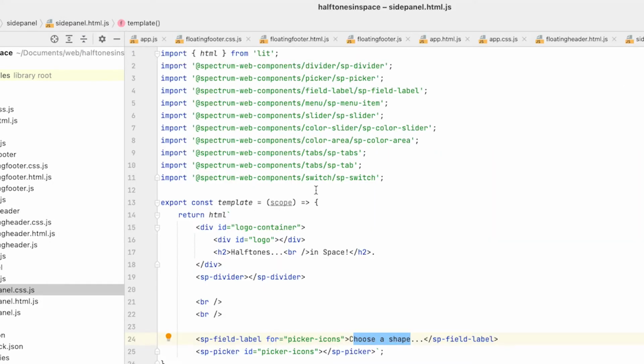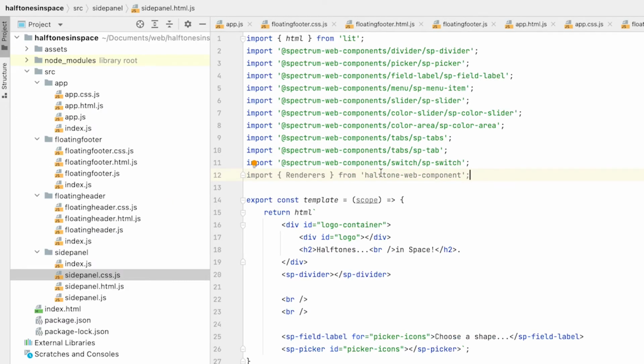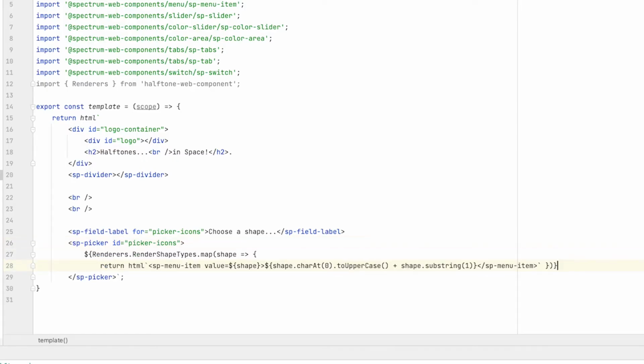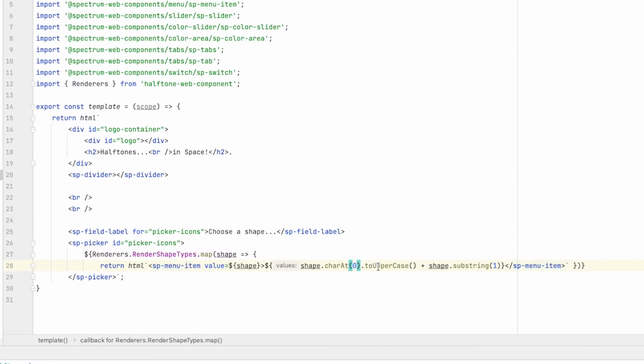And how I'm going to fill this up, I'm going to import one more thing. We're going to import some renderers from the Halftone web component project. And so now I'm going to add menu items to this picker component. So we're going to query the renderers.shapetypes and map each shape type that's supported in our Halftone component. We're going to map that to an SP menu item, the actual menu items that make up the picker. We're also going to do something that looks a little more visually pleasing by uppercasing the first character in each